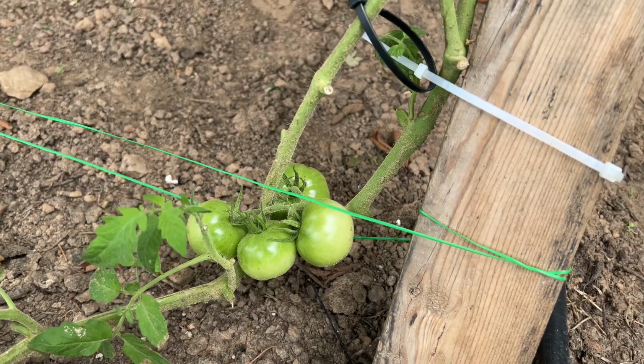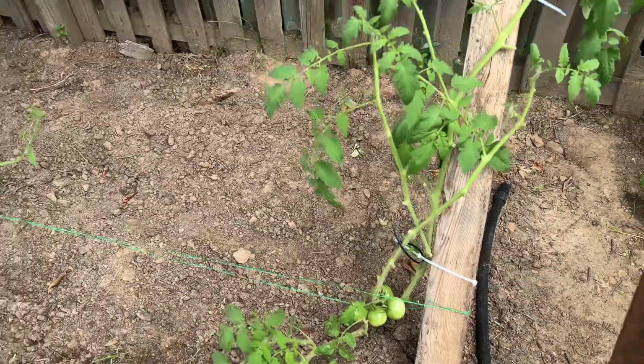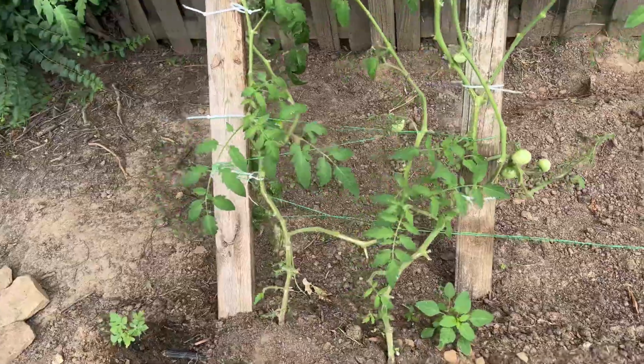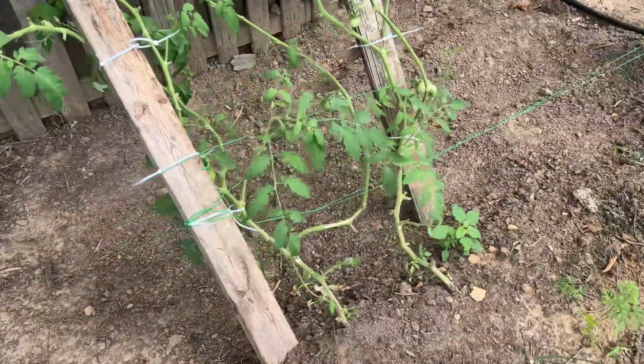Look at them pretty tomatoes. All right, so what is the Arkansas weave? Well, it's pretty much just the Florida weave, but we've kind of modified it to make it better for backyard